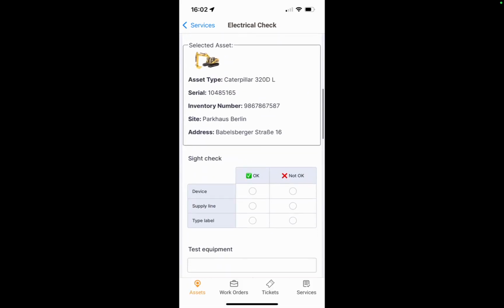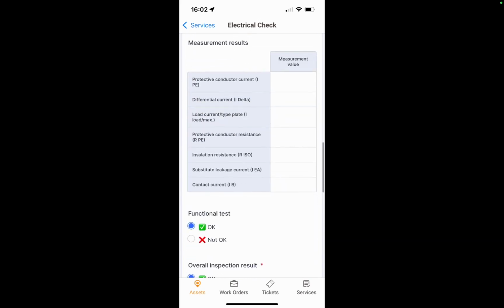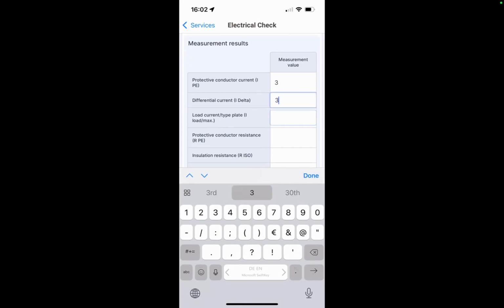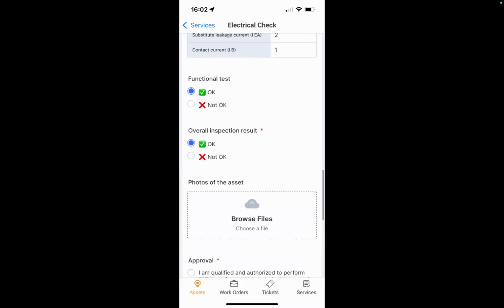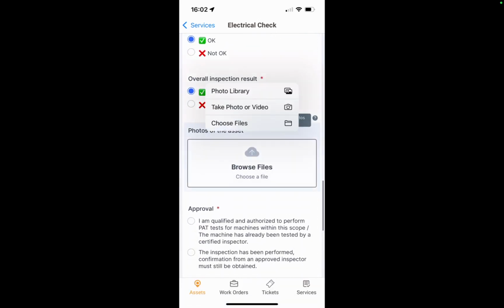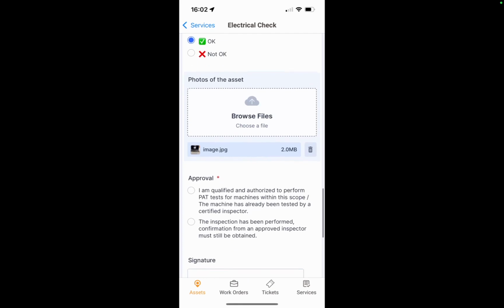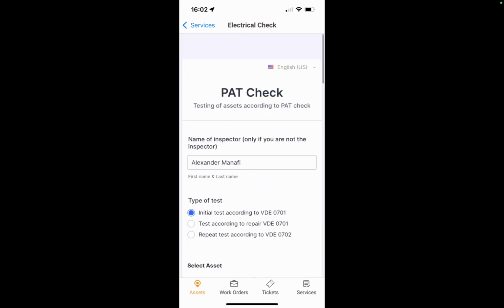Initial test, and then I can just go through. Fastest pet check ever. Can take a picture. Session qualified, and can sign the whole thing. All right, and if I submit this now,